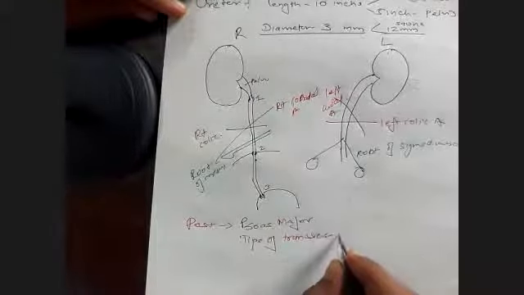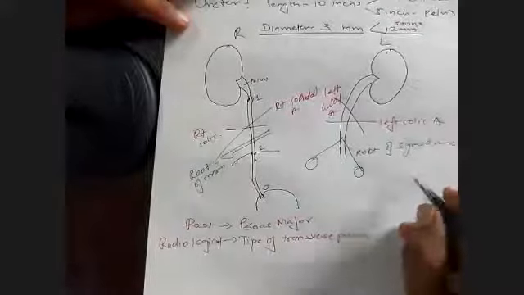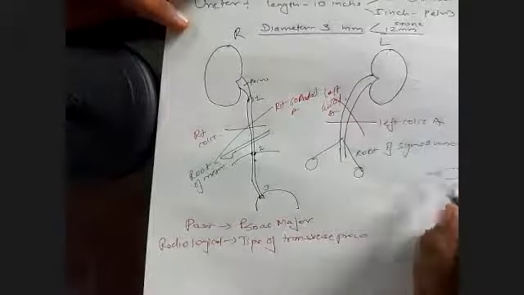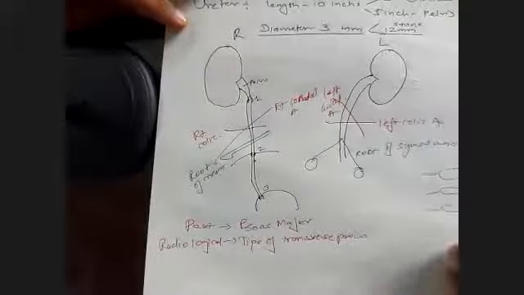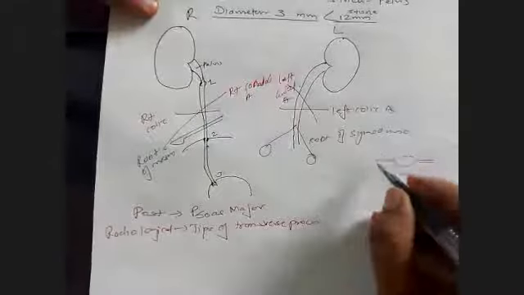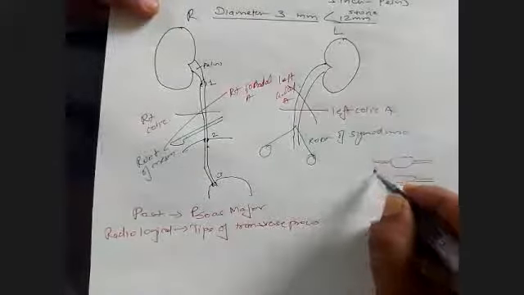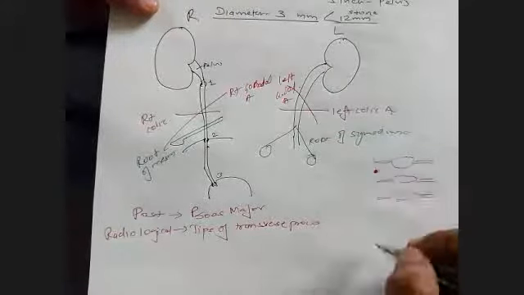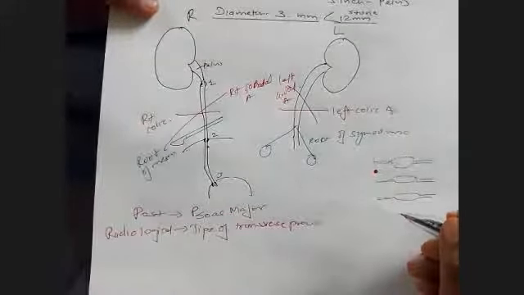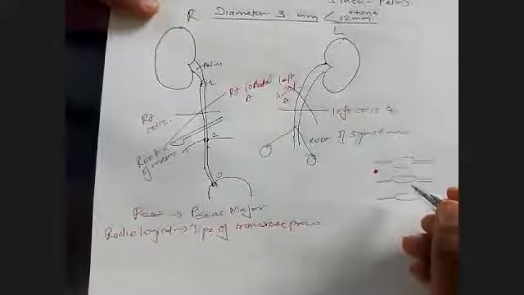Now, why is this important? This is important radiologically. Because in a soft tissue X-ray, you may not be able to see the ureter, but you will be able to see the lumbar vertebrae. And when you see the lumbar vertebrae, along the tips of the transverse processes will be the ureter. You may not see the ureter, but you may see a stone like this. And then you realize that this stone is lying in the line of the tips of the transverse processes. That means this stone is lying in the ureter. So this relation is very important.